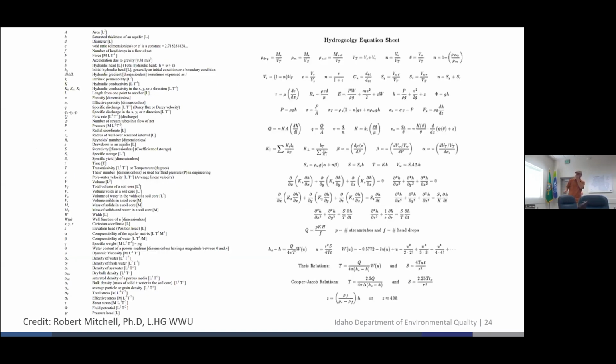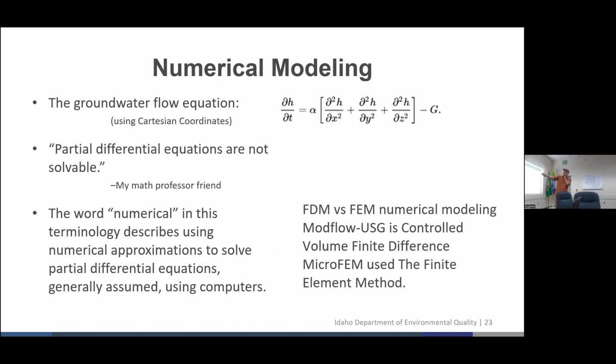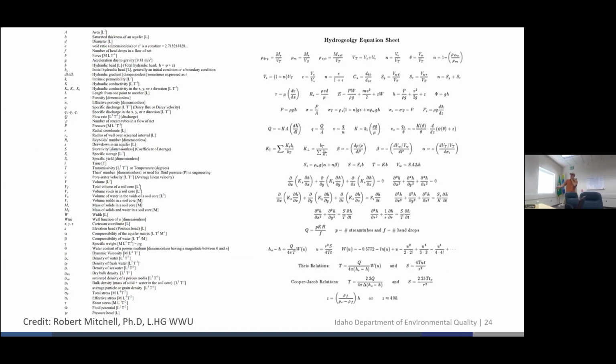Again, lots of equations going on. Again, this is what the computer is up to. The computer is up to no good. And so there's a lot going on here. And again, the groundwater flow equation here. Again, you take this in 6 directions, but in addition, there's all sorts of other stuff down here at the bottom,